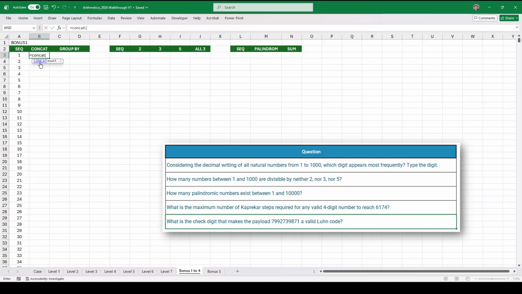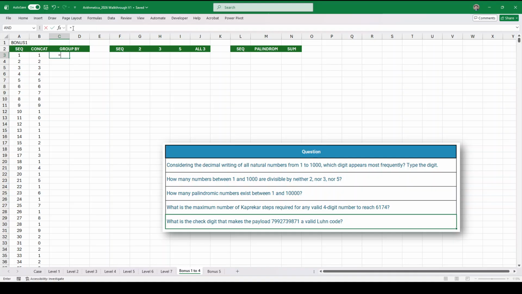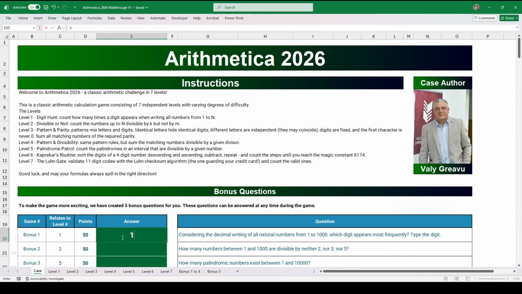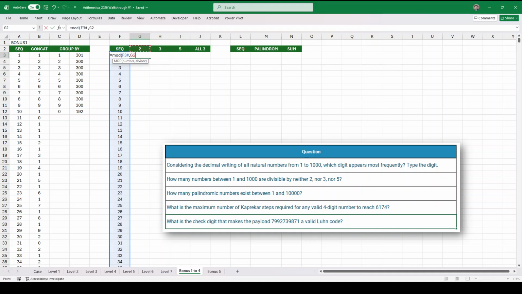We're going to concatenate that sequence, and then we're going to wrap that inside a text characters. So we're actually going to split it all out, and then I'm going to use my most least lambda, which is just a group by used on the same thing twice, and we see 1 at the top, which is 301. So 1 is the most frequent digit. Number 2, how many numbers between 1 and 1,000 are divisible by neither 2, 3, or 5? So we'll do another sequence of 1,000, and we will say mod of this, mod of f3 hash divided by these 3